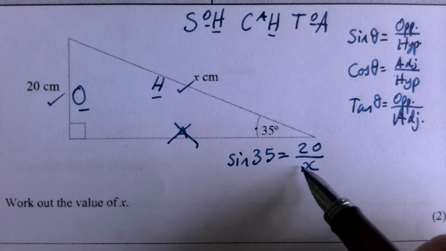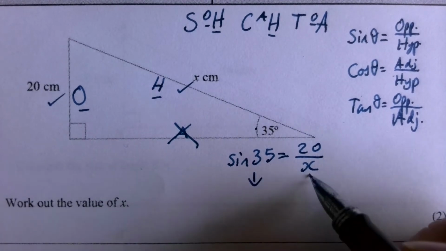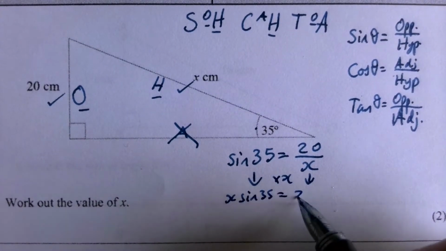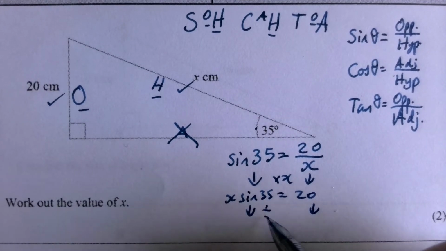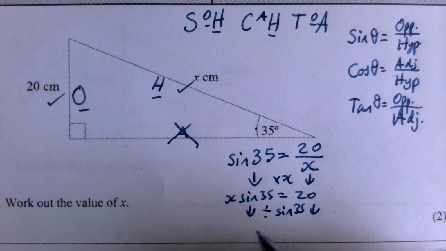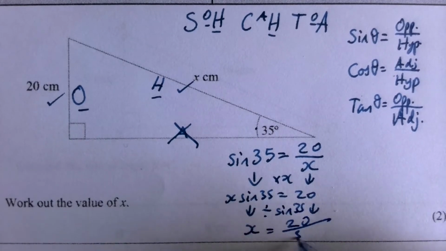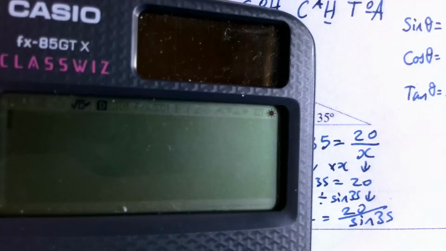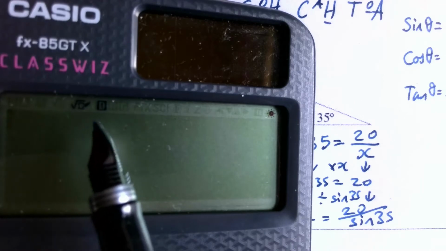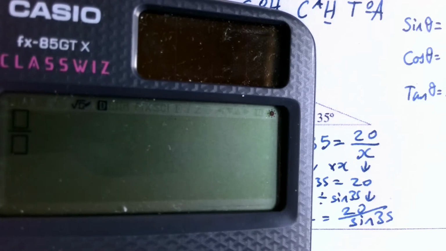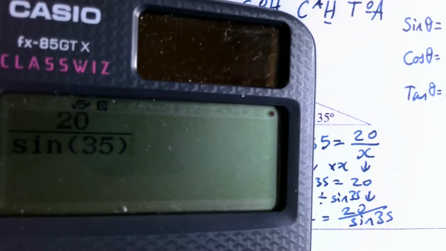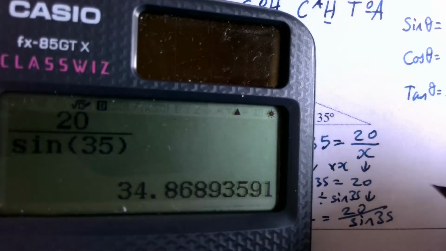So now we need to rearrange the formula. Some of you may be happy just swapping x and sin 35 over, or you may want to multiply by x to give you x sin 35 equals 20, and then divide by sin 35 to give you x equals 20 over sin 35. You then get your calculator, make sure it's in degree mode, hit the fraction button, put 20 on the top, go to the bottom, sin 35. They open a bracket there, so make sure you close that bracket and press equals, and it gives you